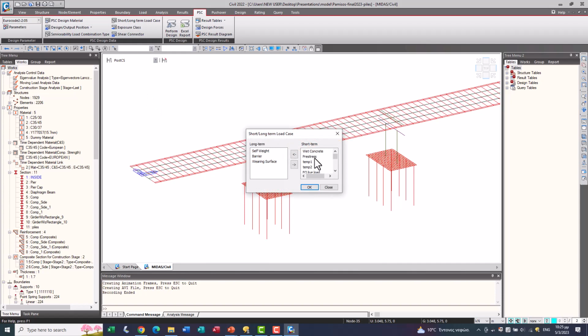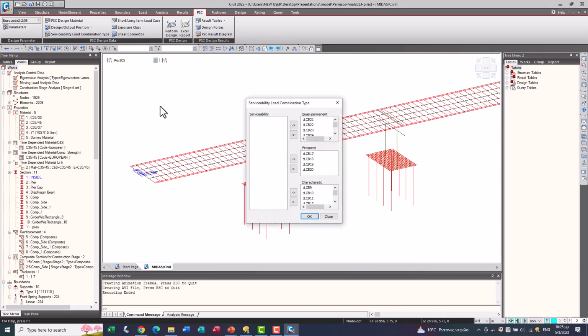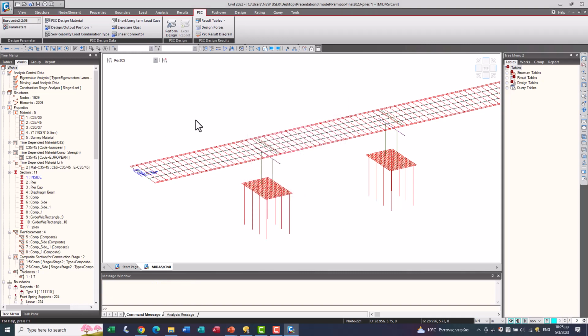Short and long-term load cases have been automatically applied, and the serviceability load combination types are also on the quasi-permanent, frequent, and characteristic form. So as I perform the design, it will take some time to prepare the output.